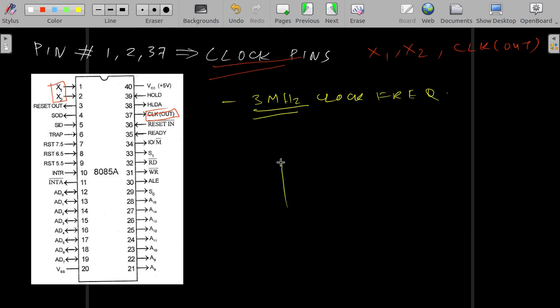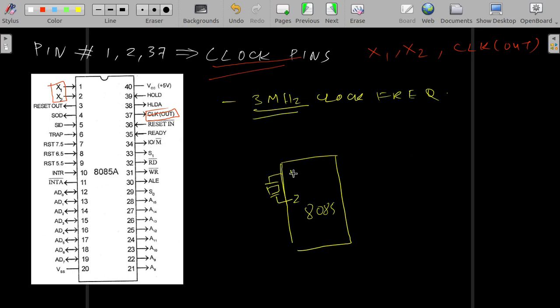Basically how it is done is, we have our 8085 processor, with pin number 1 and 2. What we do is we connect a crystal to X1 and X2. This is a crystal, probably some quartz or something like that. The timing unit of the processor uses this crystal as a reference for creating a continuous clock frequency, a continuous pulse, sine wave, or continuous square wave of a certain frequency. This is used as a reference.